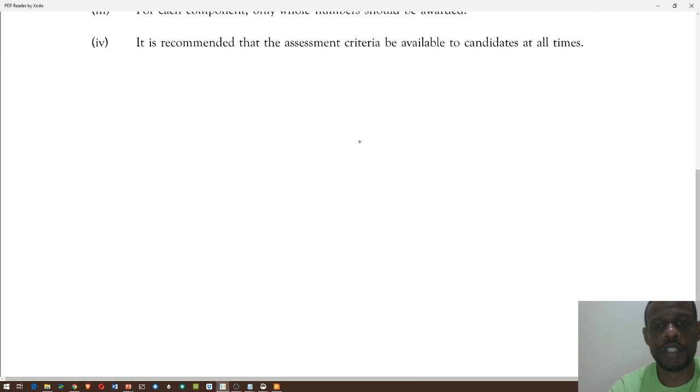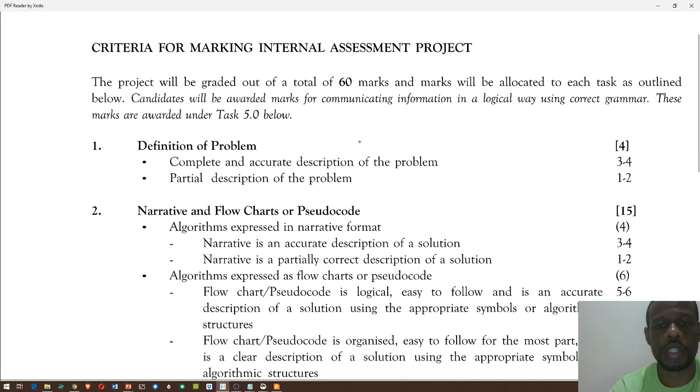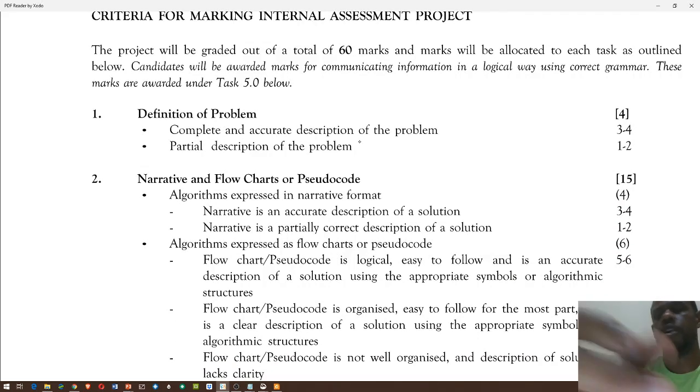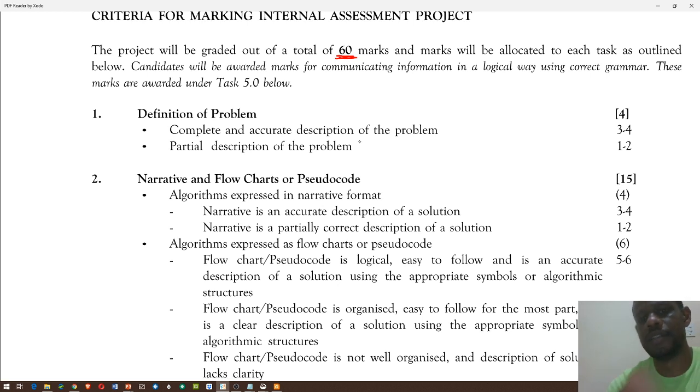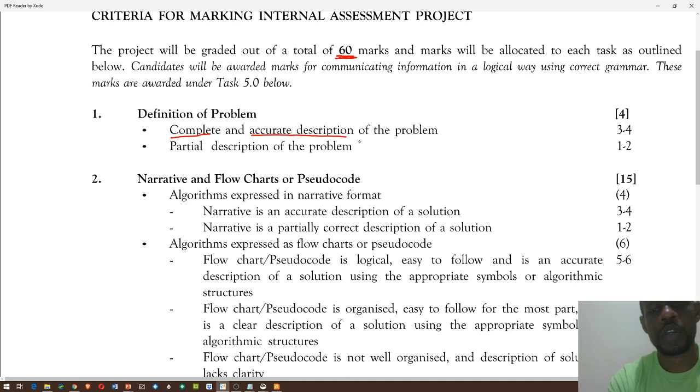So let's see how it's broken down here. The whole ComSci IA is 60 marks. And it's clearly outlined. With the ITIA, they really messed up the breaking down of the marks. Hopefully they'll fix it when they change the new syllabus. But with the ComSci, it's the same thing. So you need to have a complete and accurate description of your problem. To give a complete and accurate description of your problem, you have to say who is affected, what